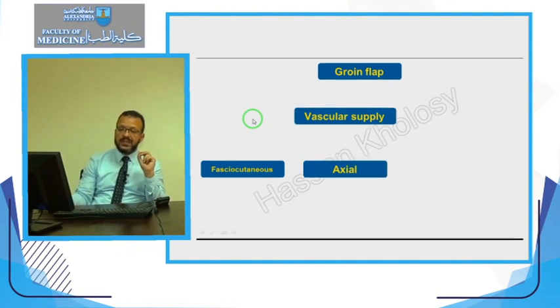If we think about this flap according to vascular supply, how did it get its blood supply, you will find that this groin flap is dependent on the superficial circumflex iliac artery, so it is an axial pattern flap according to vascularity.